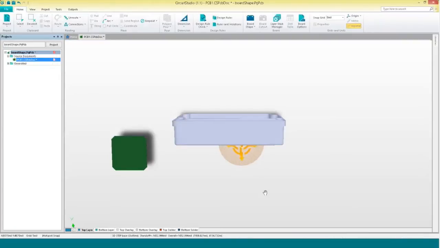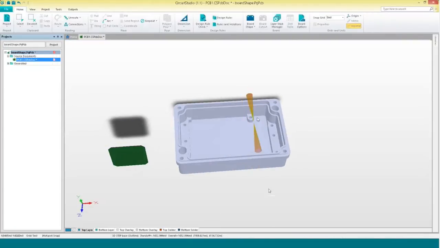So I've just imported a simple enclosure here, and I'm going to define my board shape from that just by clicking on board shape and then define from 3D body. Now I'm going to need to click twice. The first time I click is to select the 3D body, and the second time is to select the face